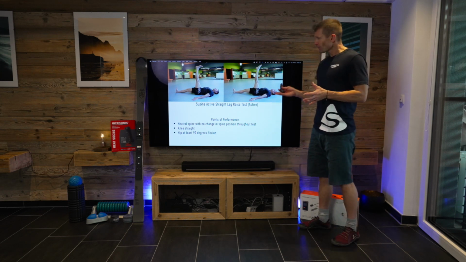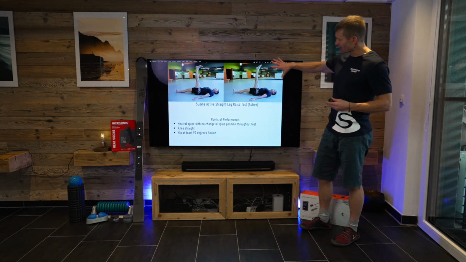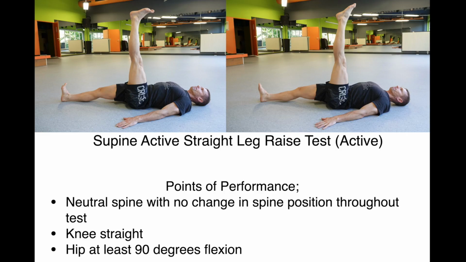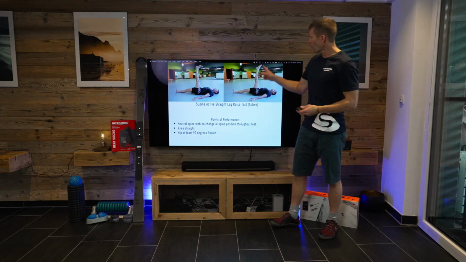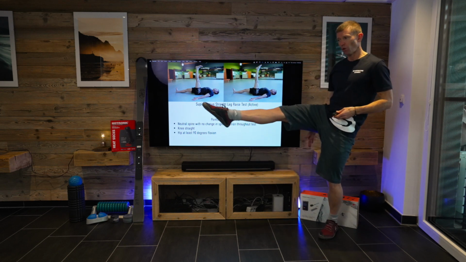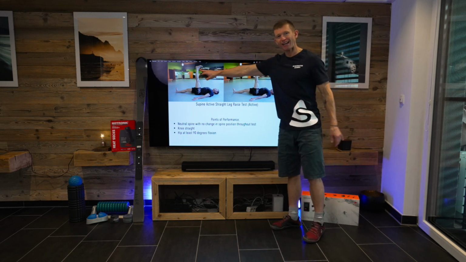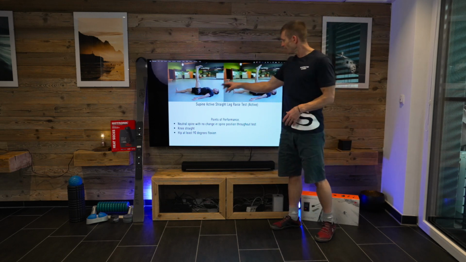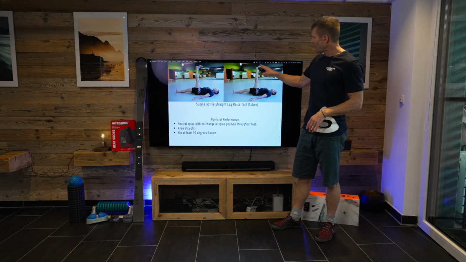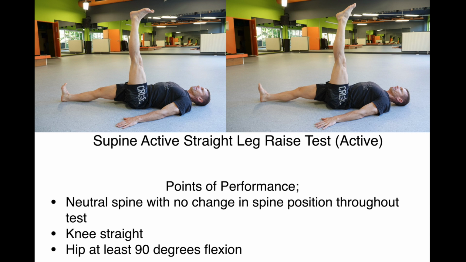Now here, the test that we're looking at is trying to test our posterior chain in the hamstring, and we're looking for a pass that's 90 degrees. Now you can see I've done it twice, once with my toes back and once in a plantar flex position with the toes in this position. And the reason for that is that some of you may find this behind the knee a bit too tight, whereas this will just give you a little bit of ease in that behind the knee to get into this 90-degree position. But again, remember the compensations.